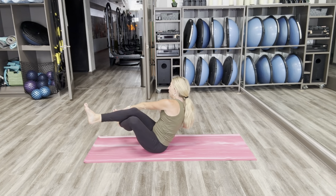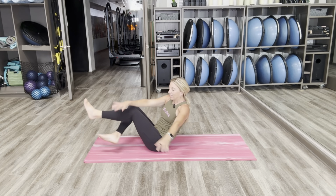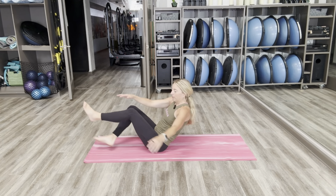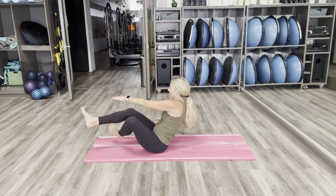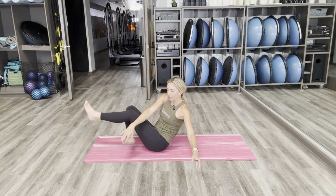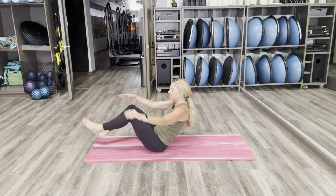10 foot touches. The foot goes under the leg, and you reach across with the opposite direction here. Left hand touches the left foot, but it's on the right side. Once you get your 10th one,